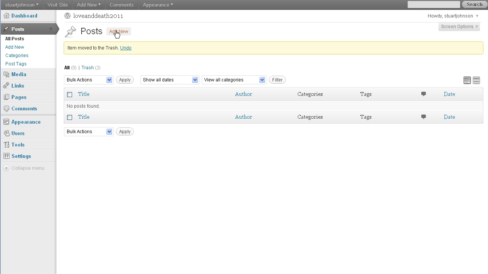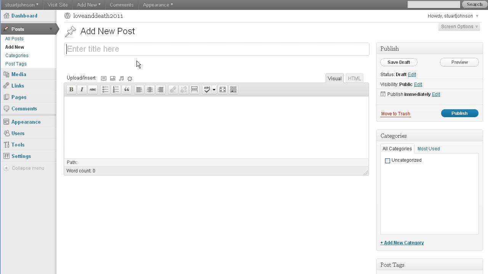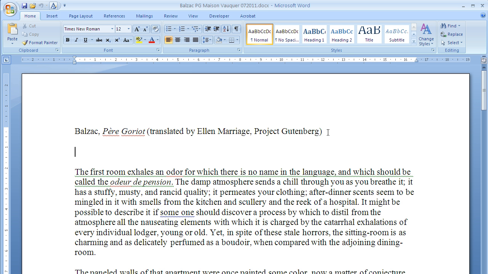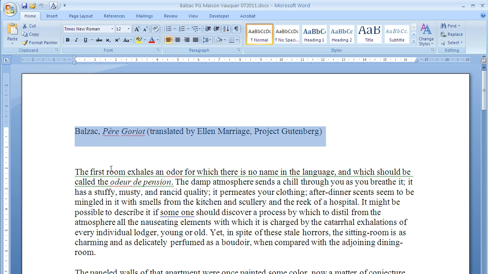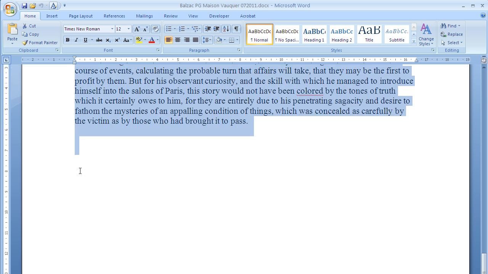So if I click on add new up here, here's then a blank space to create a post. Now we've already prepared the post as a Word document. So here's the Word document, and we've used a Balzac text from Project Gutenberg. I'm going to use the title here as a title for the post, so I'll copy that and then paste it into the title box, and then I'll copy the remainder of the text